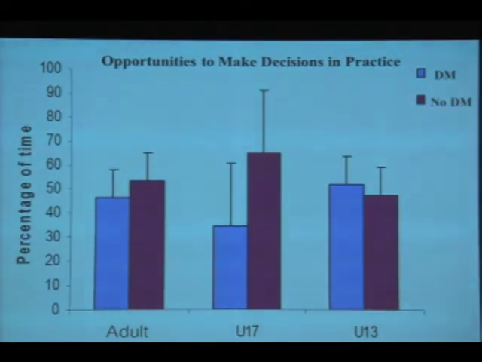So maybe the key issue here is that, given that expertise arises through specific adaptations, we need to look very carefully at our practice environments and make sure that we're providing the right stimulus for those adaptations to occur. I'm not necessarily saying that all of this time spent in non-decision-making activity, the purple bars, is not useful. But the argument would be, if you're trying to create players that are better at decision-making, what happens if we increase the size of these blue blocks so they're up at the 60 to 70% mark? Would that result in us creating players who were better at making decisions?